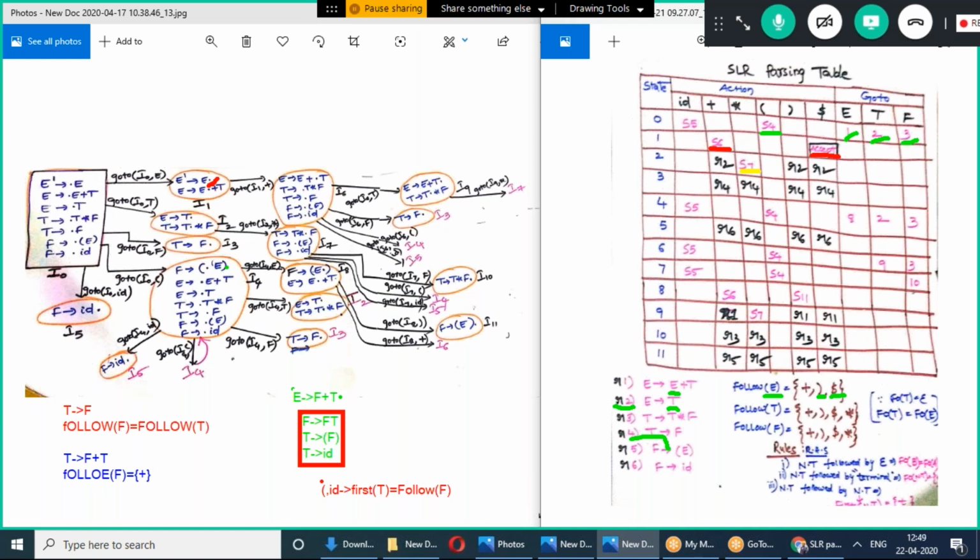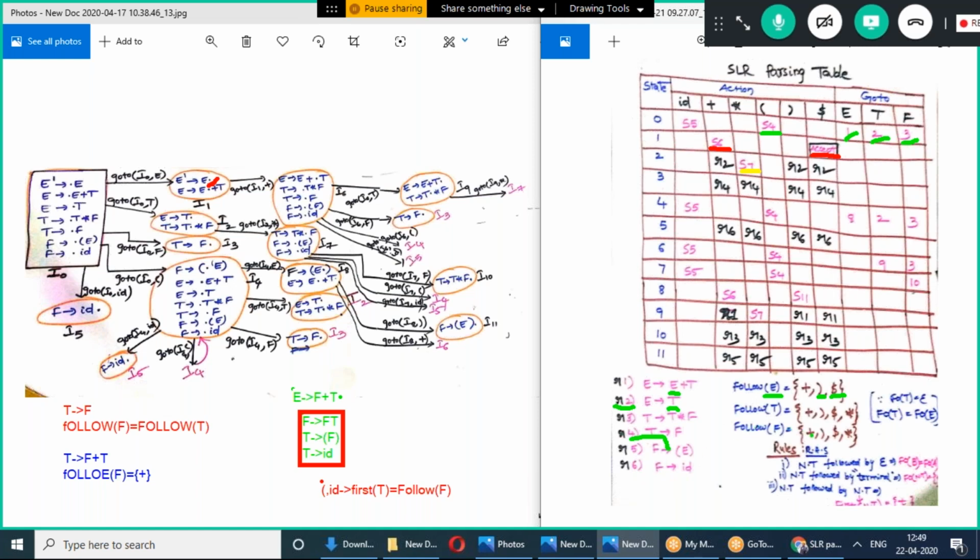Is there any production which has a dot at the end? No production has a dot at the end. Come to I5. Yes, there is a production with dot at the end: F tends to ID. What is the production number? 6. So this is R6. What is the follow of F here?